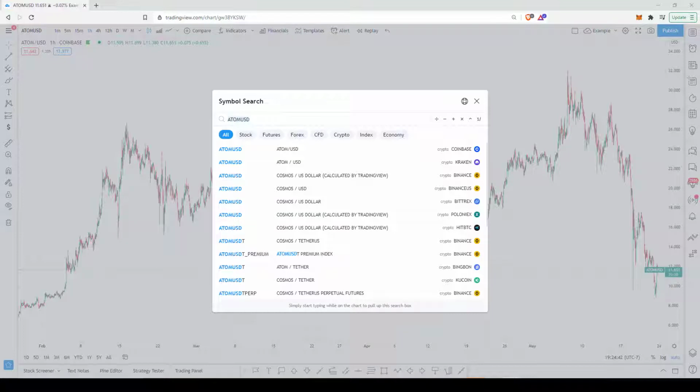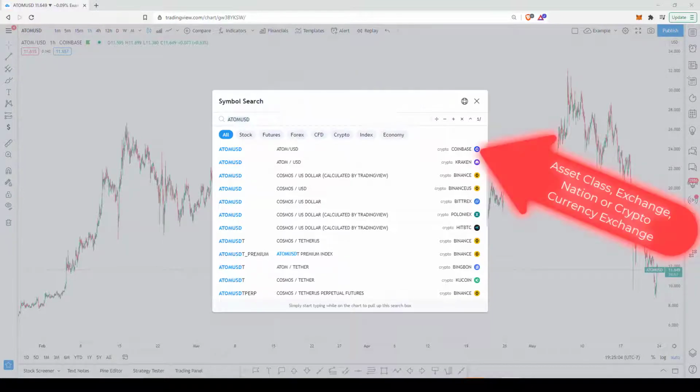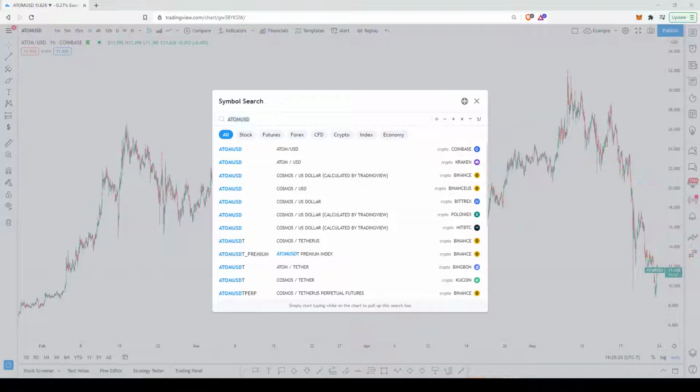In our example, you'll see that the All section has been chosen. To the left, you have the ticker symbol, and in some cases, like ours here, it'll also display the currency or asset that this asset is being traded for. For stocks, the name of the company can be found here in the middle. And to the right, you have the asset class in shaded gray, the exchange in which this asset is being traded in, and the nation that the asset trades in, or, for cryptocurrency purposes, this area is reserved for the currency exchange that the asset is being traded in, such as Kraken or Coinbase,